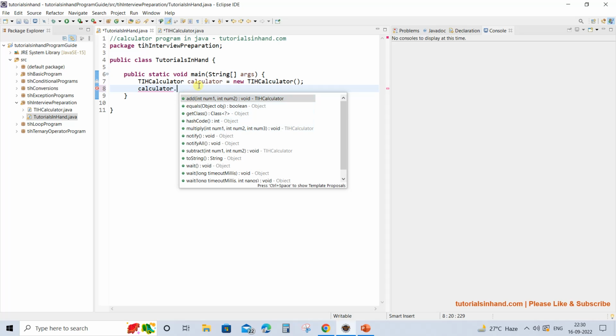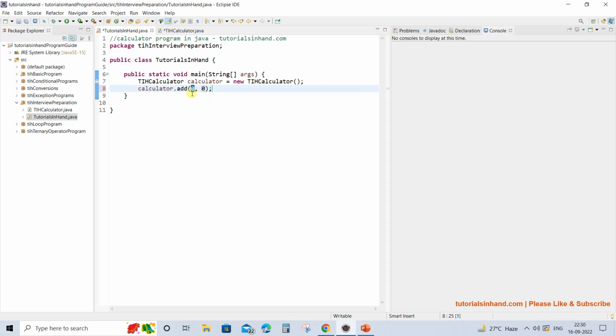And now once you press dot, you see the methods that are present for this particular class are available to you. We have the add method that accepts two parameters of integer type, and if we choose this one, by default it is giving 0 and 0 because this is how it is programmed. Now you can pass your own values, that is 10 and 20 or whatever you want as a hard-coded value.